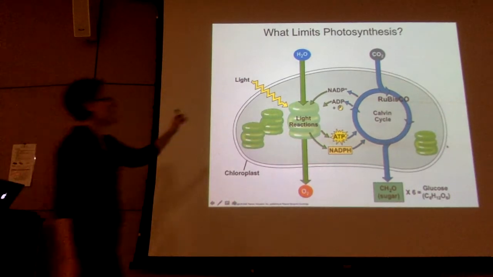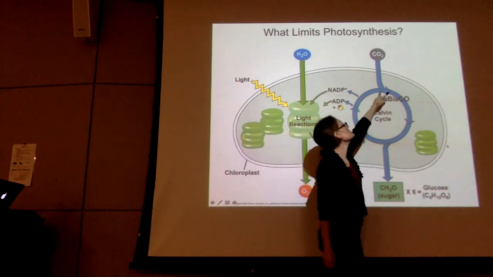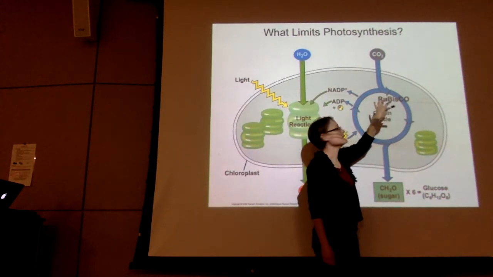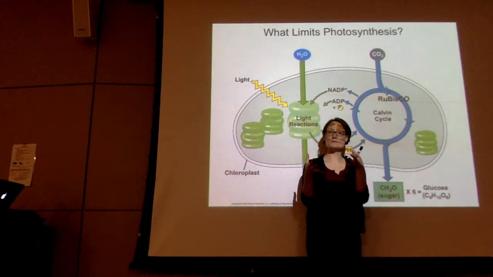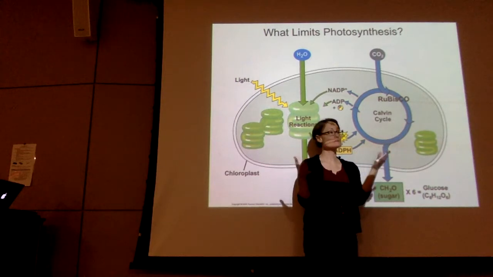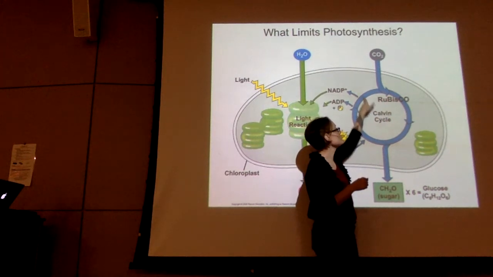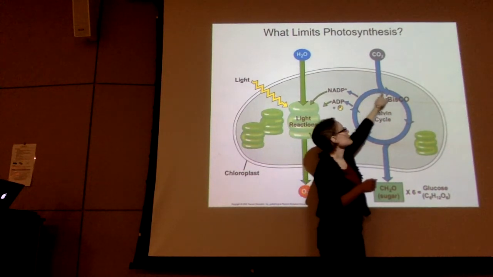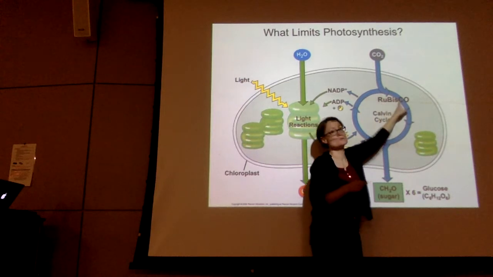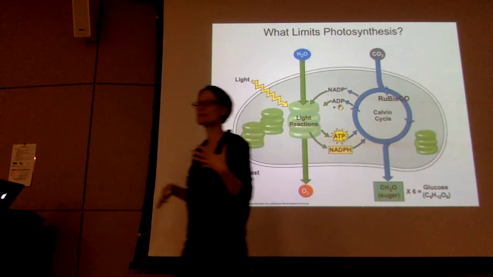Rubisco is the enzyme that will actually grab CO2 and react it with RuBP to make a 6-carbon molecule. RuBP is 5 carbons and it hangs out over here in the cycle. It's going to be added to CO2 by Rubisco. So Rubisco is doing this job. But